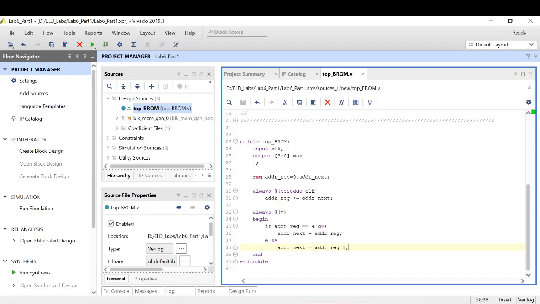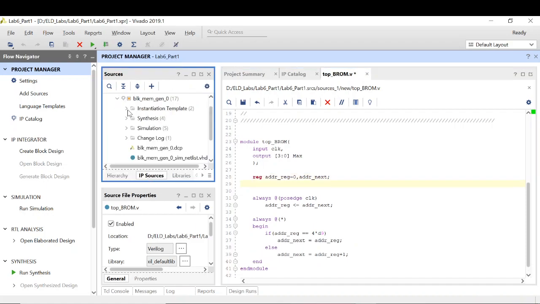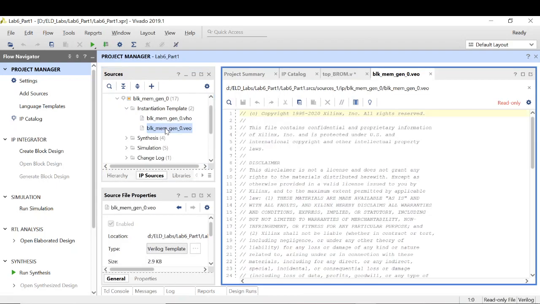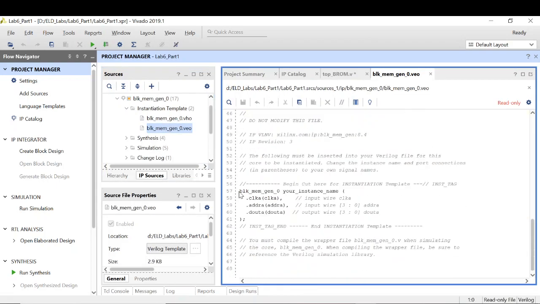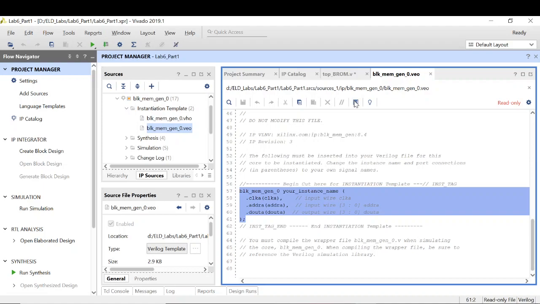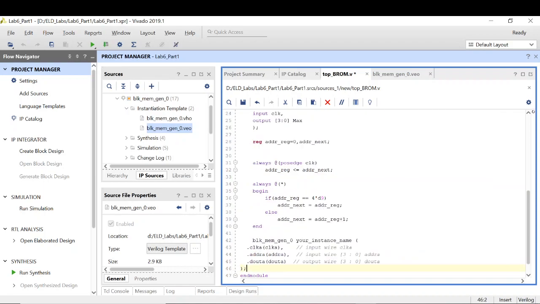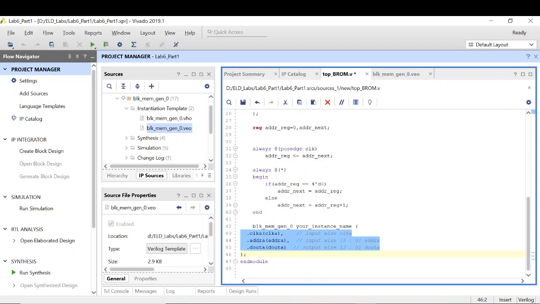Now I need to pass this address to the memory, and then I need to get the output from the memory, right? So for that, I need to instantiate this memory. So clock is fine.